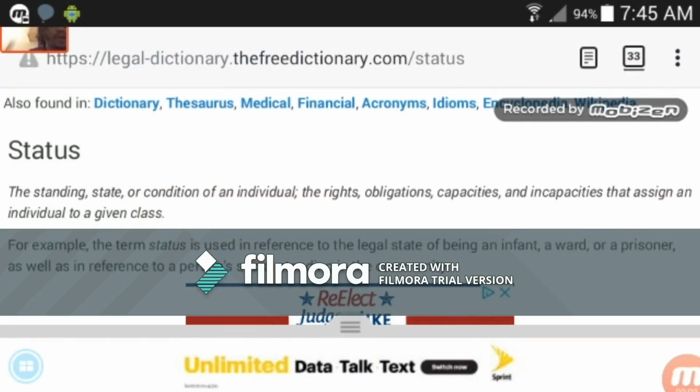Got a lot of people asking me, what is status correction? So, I want to come on and really address that by, first off, showing everyone the legal definition of status. I'm going to go in on that, and then I'm going to go in a little bit further on a few things,